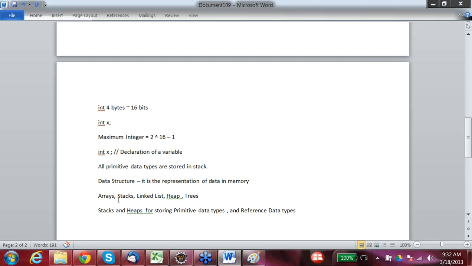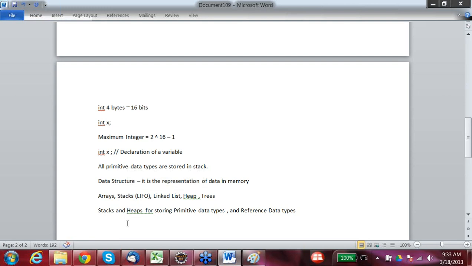Stack is basically like a stack of plates or a stack of books. You insert on top of it and you remove from top of it, right? So stack is also called LIFO, last in first out. I don't want to get into the details of how stack works.